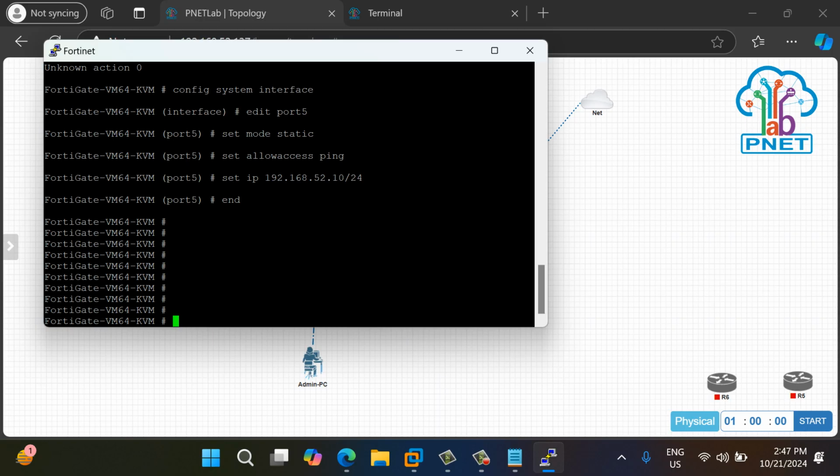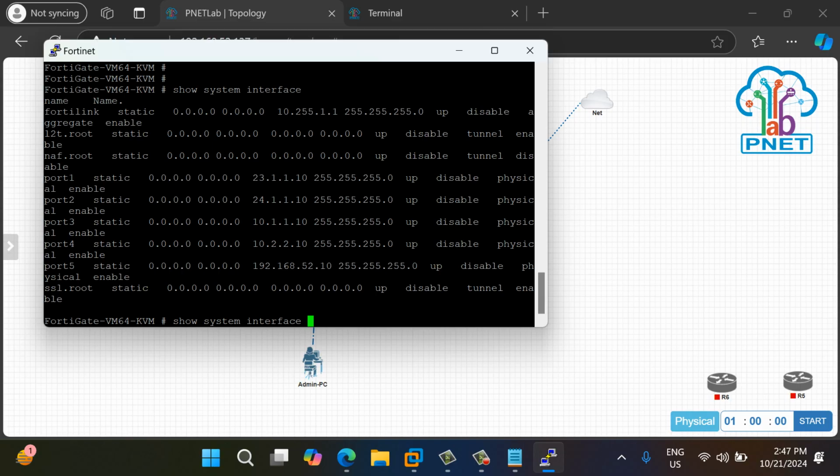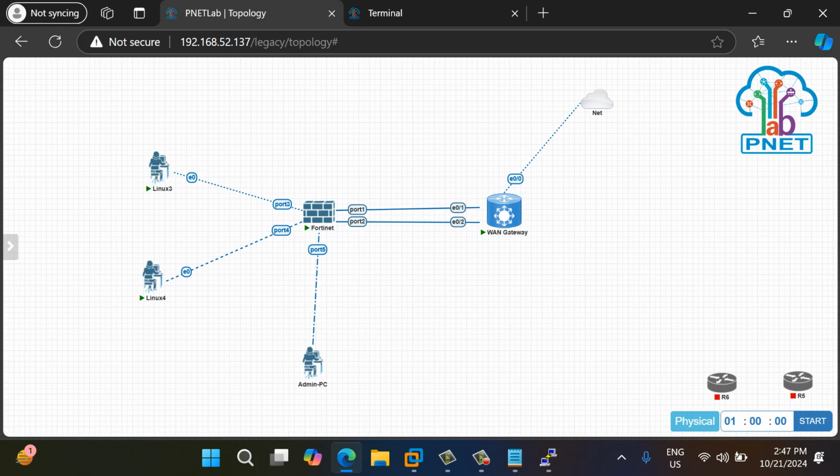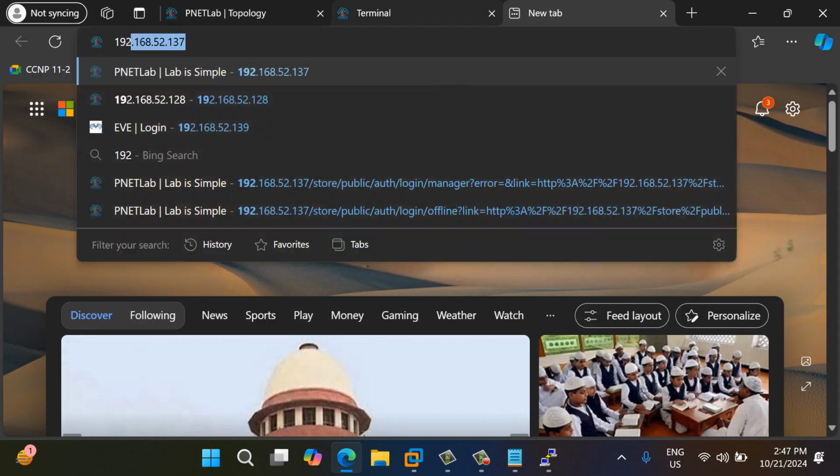All right. Show system interface. Let me check. All the ports are configured. See, port 1, port 2, port 3, port 4, port 5. Till here, okay, sir? So we don't need to go there and configure at the time of GUI. Just let me take access of this 192.52.1.1